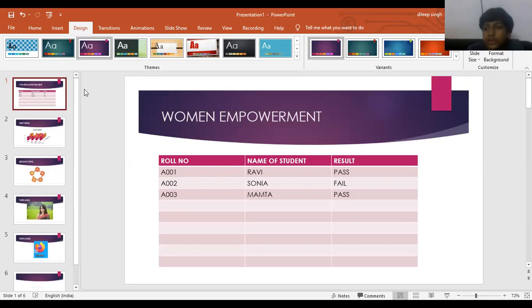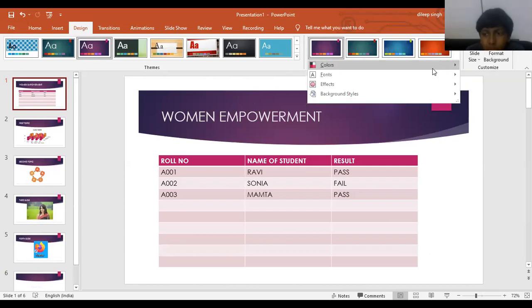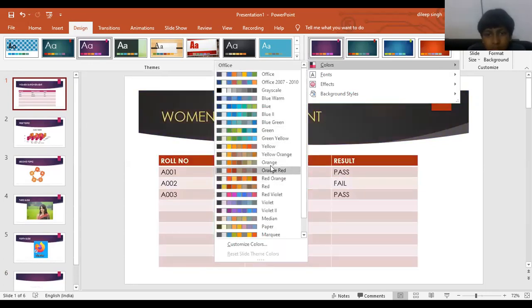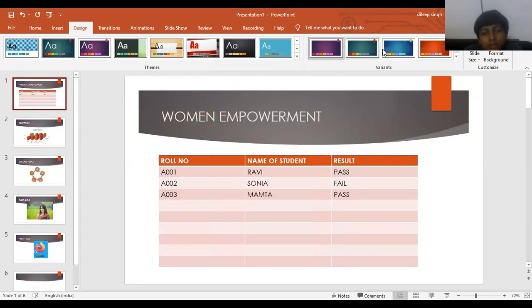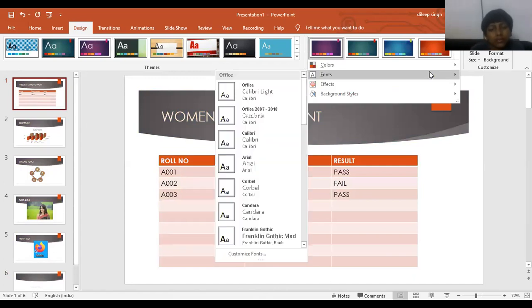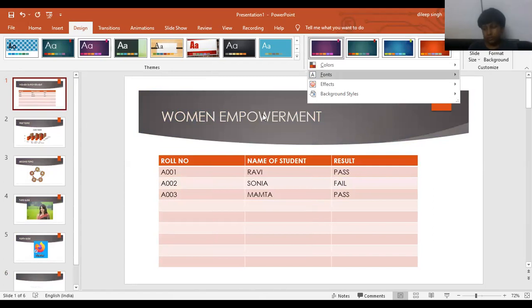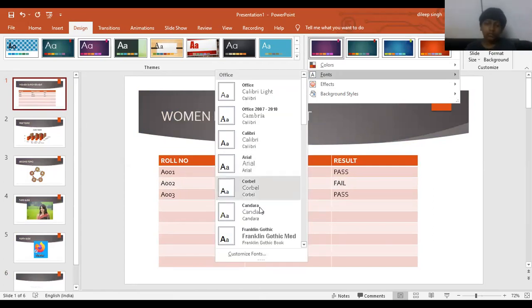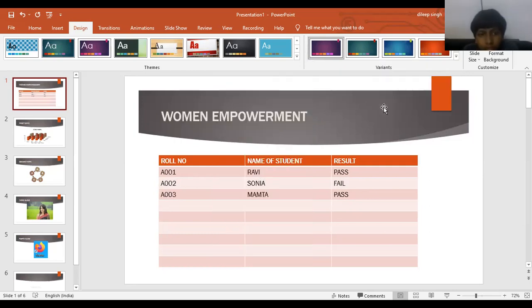If you want to change the color of the slide, here's the option, format background, or you can also select the color by using this option. Here's the color option. When we set a different set of colors by using this, according to our need, we can choose the color combination from this variant option. And after that, here's the next option, that is font. We can also set the font of the presentation by using this. When we select any font, it will apply automatically on every slide of your presentation like this.